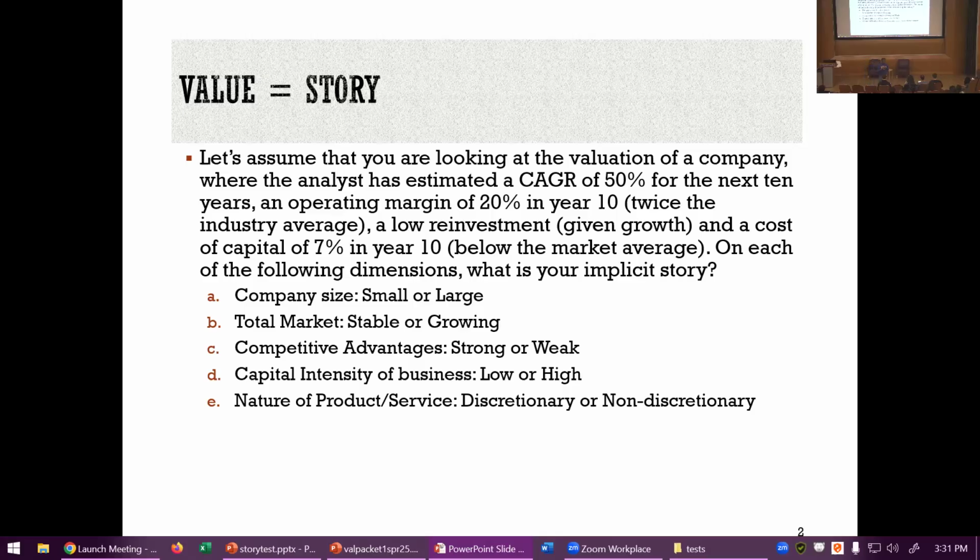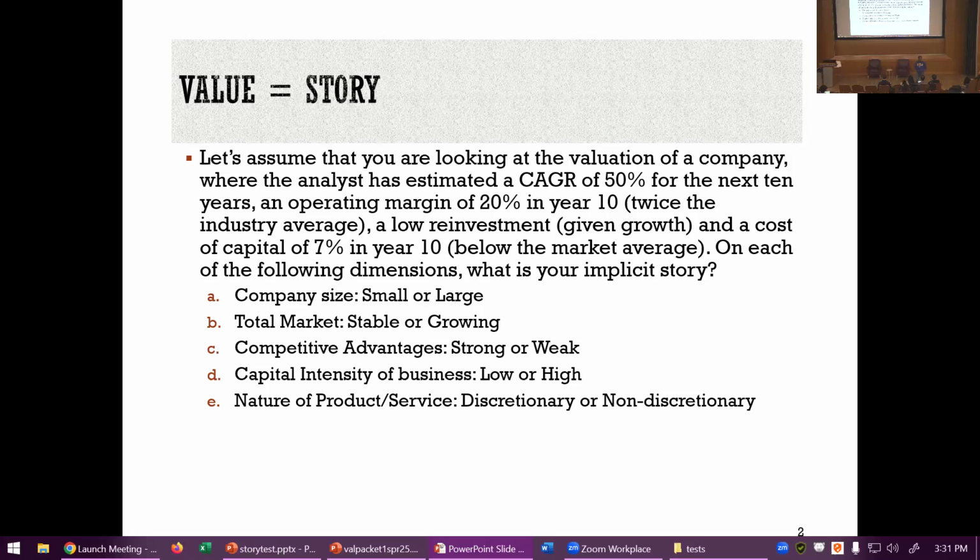Second, I'm assuming that this company, by the time it gets to year 10, will have a 20% operating margin, which is twice the average for the industry group it's in. Third, this company has a very low reinvestment for the next 10 years. I'm using a high sales to capital ratio. And finally, I'm giving this company a cost of capital of 7% in dollar terms, lower than the average cost of capital. Okay, so that's all you have, a spreadsheet. I'm just going to ask you to guess what the underlying story is. First, am I valuing a small company or a large company, you think, based on those numbers?